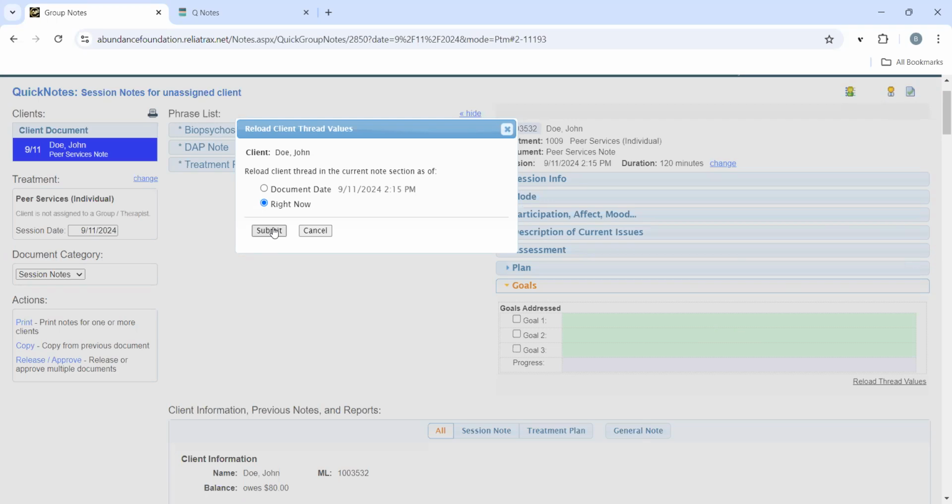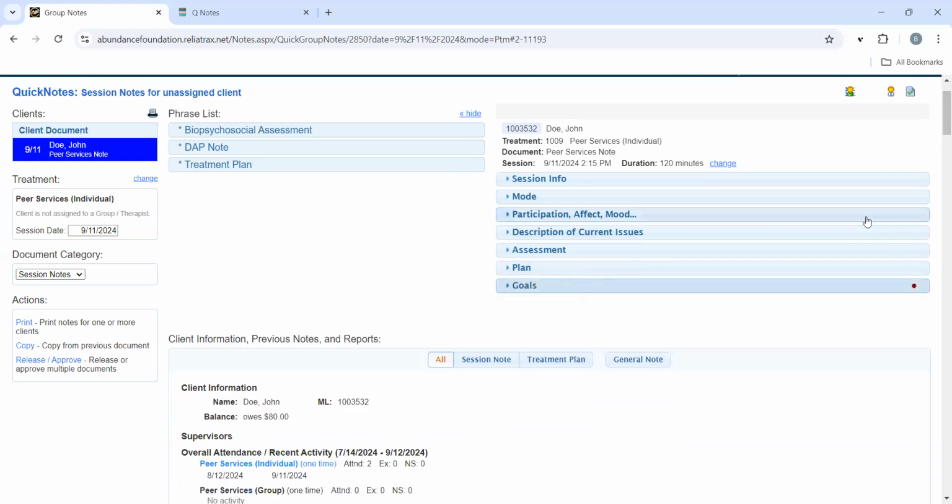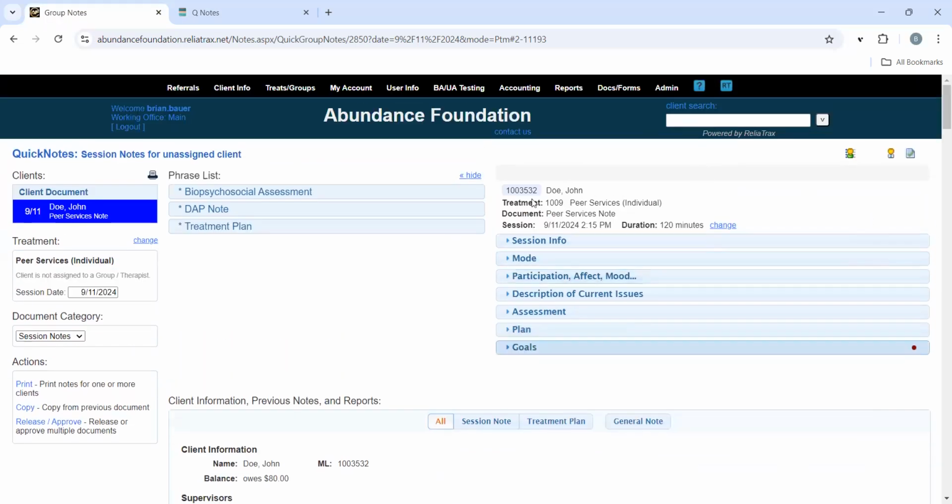Now, once they have their BPS completed with Cindy, these goals should populate from their service plan into the goal section. So then I'd want to select whatever goal we were working on during that session or multiple goals. For a lot of the group activities, the third goal is going to be connection to recovery community. So I would select that for a lot of the group activity ones. But whatever goals I'm going to select here, check those boxes, go to here,